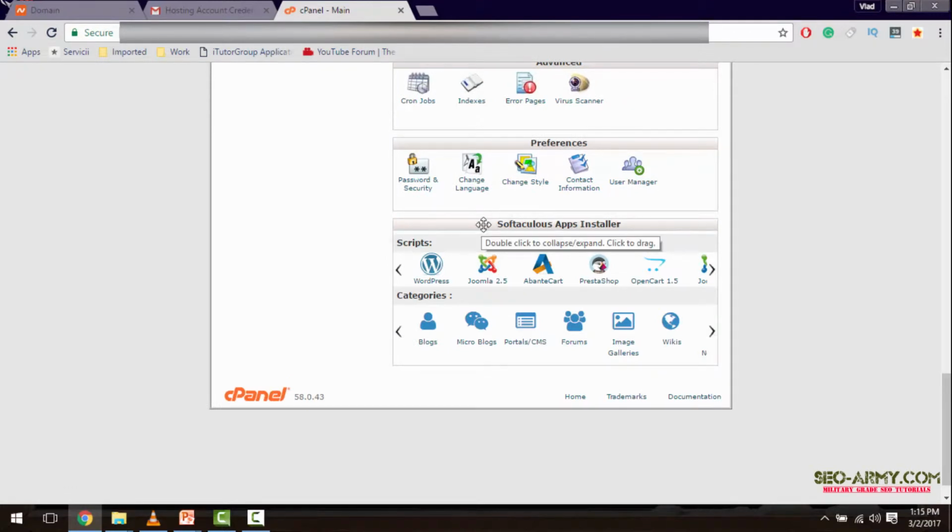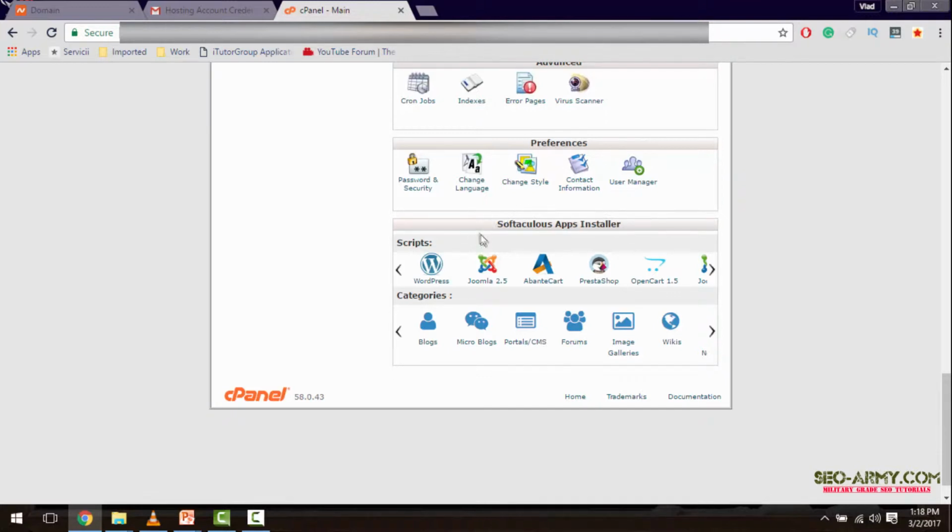Now this may look a little different depending on what hosting provider you have, but because every hosting provider out there supports WordPress, you should have a WordPress install script somewhere in your cPanel. Also, as a quick tip, if you cannot find the WordPress install script, you should be able to find help within the hosting provider's knowledge base. So anyways, with Namecheap hosting, you will find WordPress under the Softaculous Apps Installer feature located right at the bottom